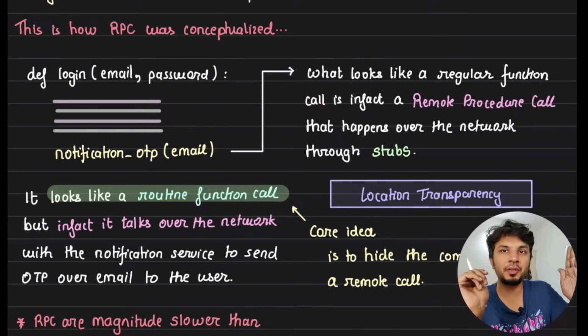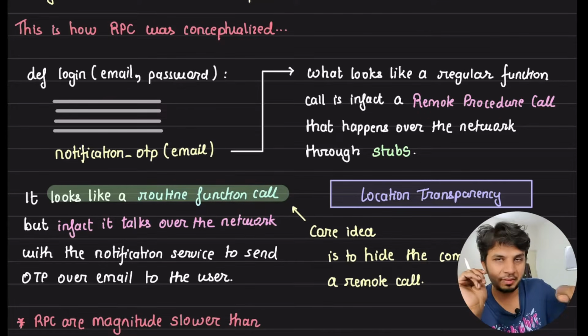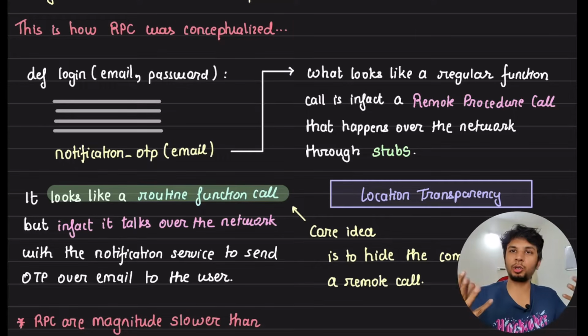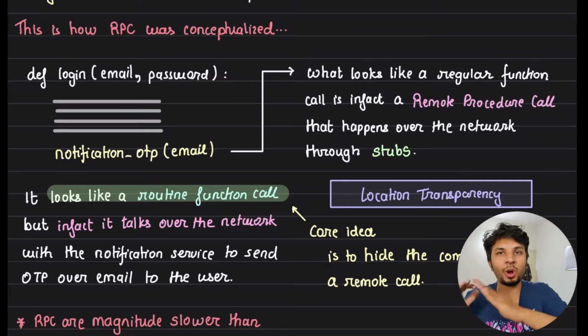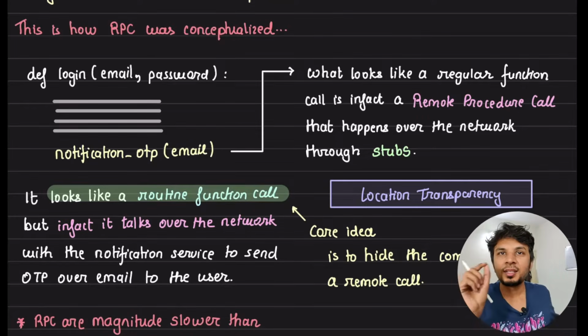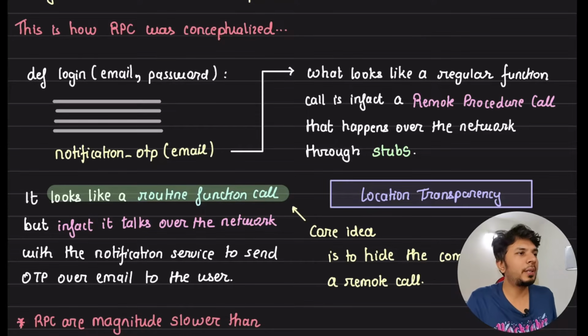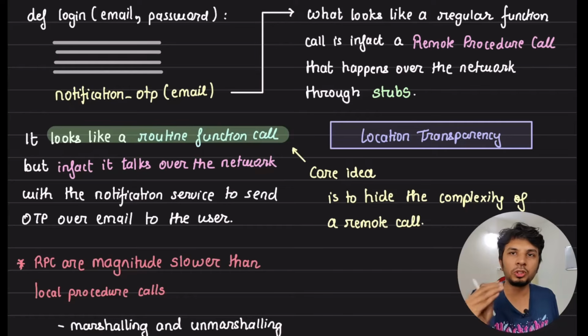Earlier we thought of implementing it with the Python requests library, making an HTTP call and all. But what if this itself is a network call? It looks like a local function call, but internally it hides the complexity of making a remote network call, right? This is exactly what RPC is all about. So it makes our code so beautiful